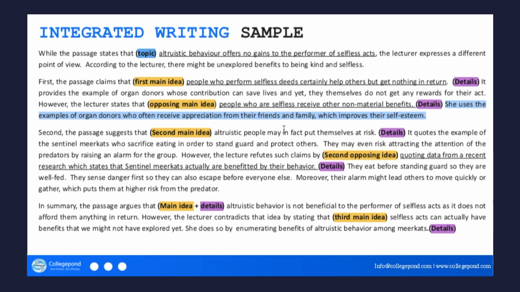Always remember that you should have 1 point in every paragraph. Do not ever try to club too many ideas in 1 paragraph. It's kind of confusing to read. The reader doesn't get an idea of where things have started and where it's going. So keep 1 main idea and 1 opposing idea with their relevant details in every paragraph. That's a ground rule you can follow.